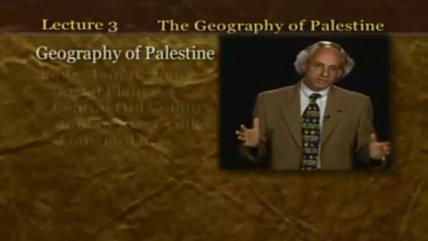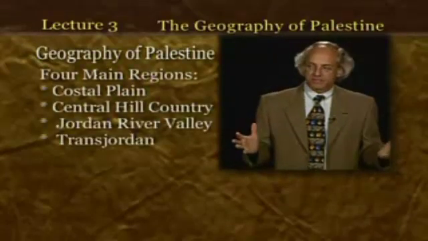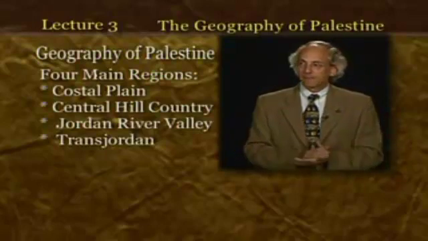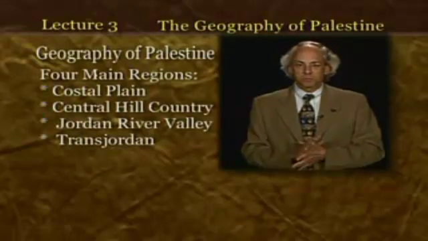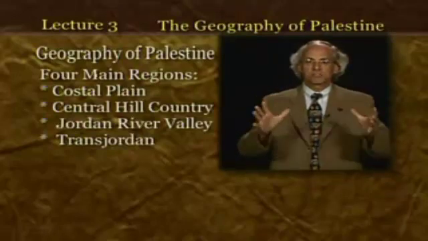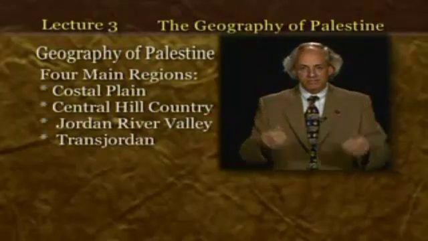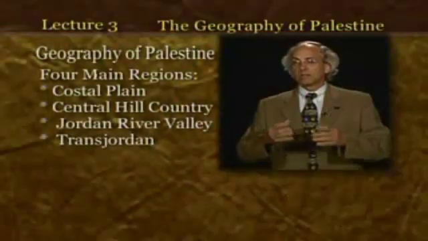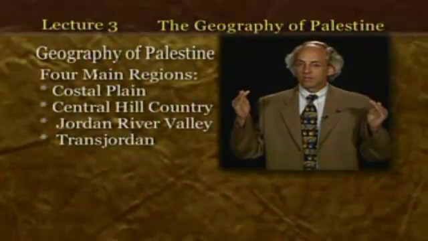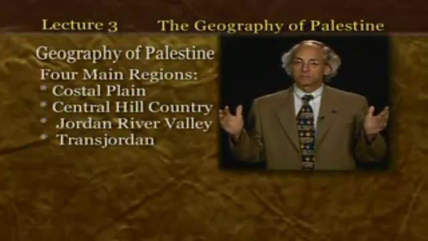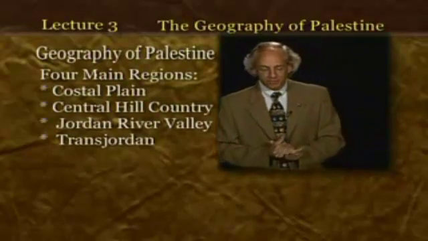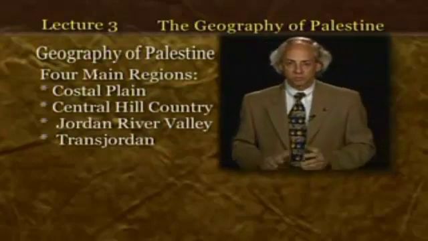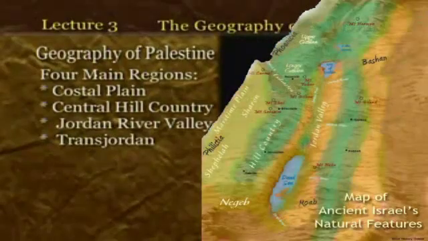So let's take a look at the geography and some of the place names. Again, the place names are important because the ancient Israelites, when they were hearing or reading the text and heard a name like Bethel, like Dan, like Beersheba, like Arad, it would conjure up a notion, a thought that sometimes was very politically charged. And so we want to be cognizant of where some of these places are, what some of these cities look like, how they related to one another spatially.